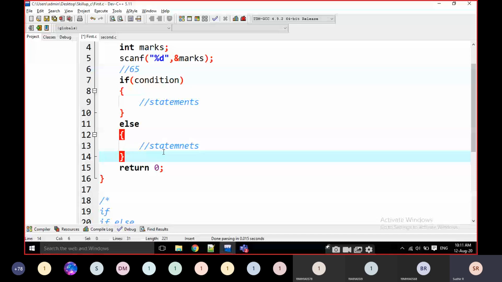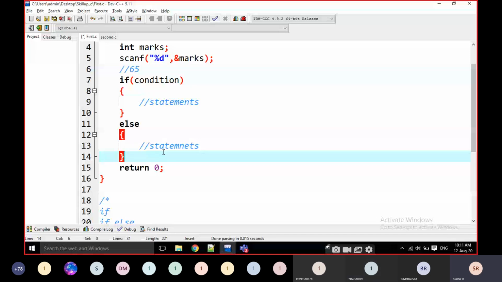What is the use of that? Is there any benefit? Is there any $100 benefit? No, not at all. Just write the curly brackets. That is more beneficial, and it is looking beautiful also. Okay, this is the basic syntax of if.